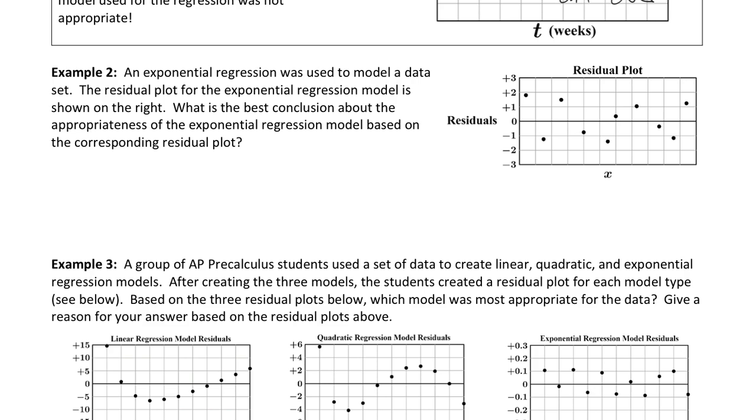The residual plot for the exponential regression is shown on the right. What is the best conclusion about the appropriateness of the exponential regression model based on the corresponding residual plot? Here's what you need to ask yourself. Is there any pattern to these dots? Or is it pretty random? It's pretty random, right? That means that this is appropriate. Our conclusion is this. Because we tried to use an exponential model to do this, an exponential model is appropriate